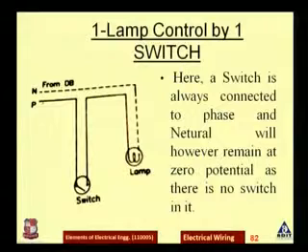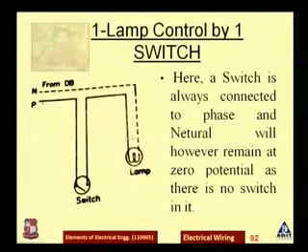So suppose we have one lamp and we want to control that lamp. We can say that one lamp control with one switch is called the control circuit for one lamp and one switch. Same way we will see the different circuits where the control in the domestic wiring system is important. So the first one is the one lamp control by one switch.